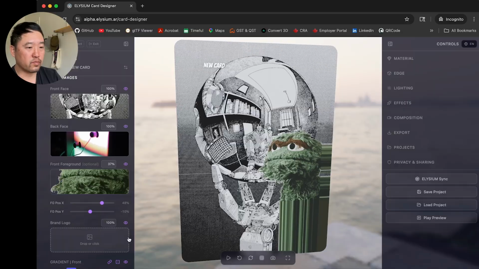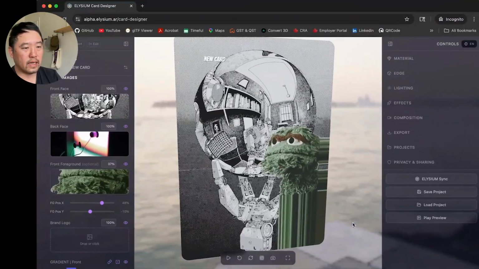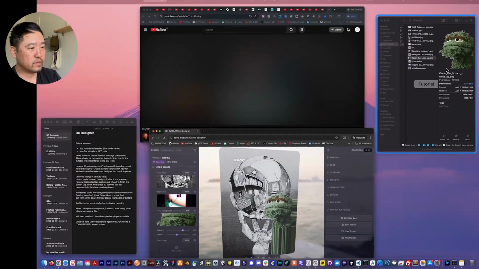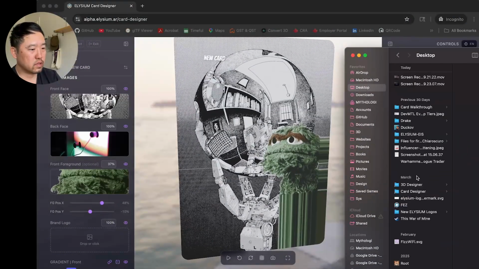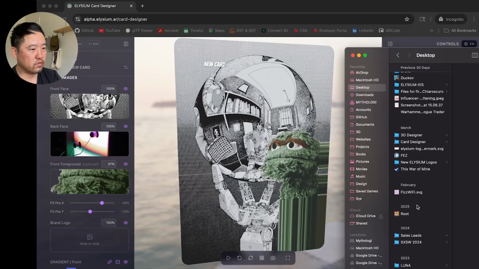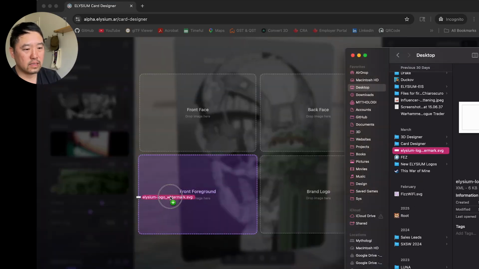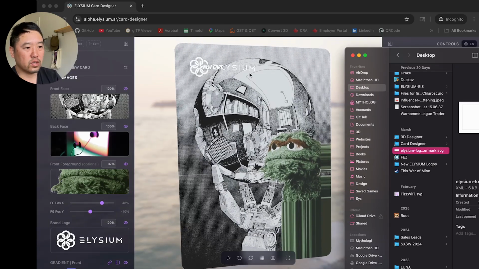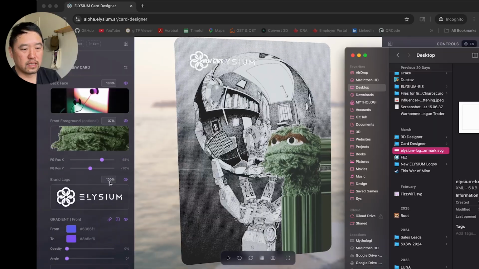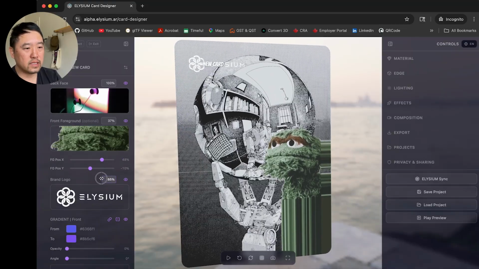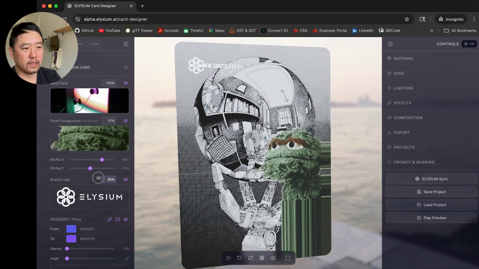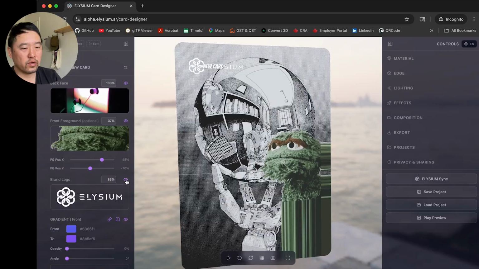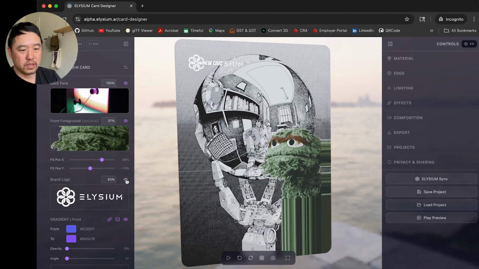And then also we have the option for a brand logo. A brand logo is something that goes over the title. It goes on the top left, and we can add something here as well. So we'll just go to desktop, and I believe there's Elysium. We're going to use SVG in this case. Now you see the Elysium logo is placed there, and once again I can scale it. And you'll notice in the interface as well that there are these eyeballs. So you can toggle whether or not these things appear by clicking on the eyeballs themselves.